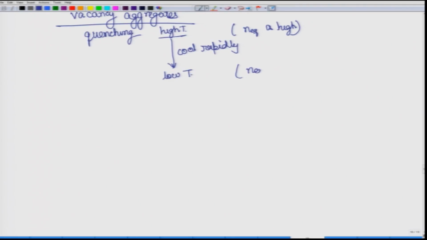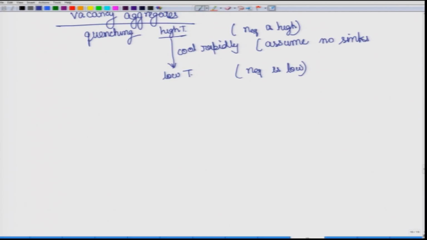Here an equilibrium should be low, but since you are cooling rapidly and the mobility of vacancies is not very large, they cannot diffuse out to the nearby sink, and we can assume that for most of them there will not be a sink very close by available. What is a sink? We will come to that in a moment. Sinks, for the time being, we can assume are the places where vacancies can go and merge, where they will disappear. So, here we can assume no sinks nearby.